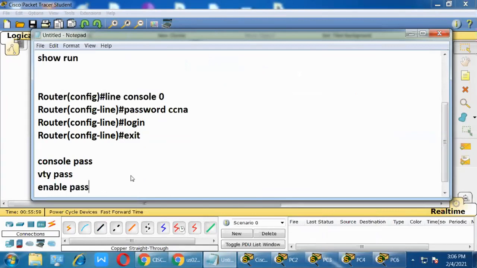This VTY password is for increasing or decreasing the number of users. This is the console password, and this is the VTY line password.